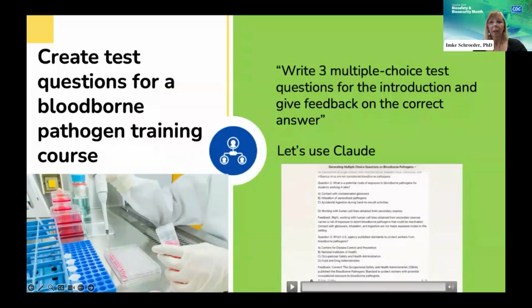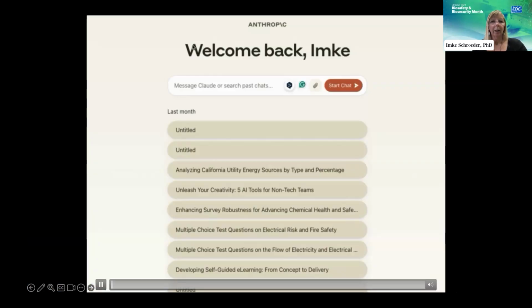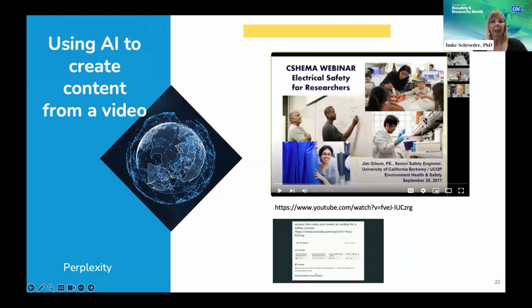So also very, very reasonable test questions. This is Claude. And as I mentioned before, it's a huge time saver for these kind of applications.